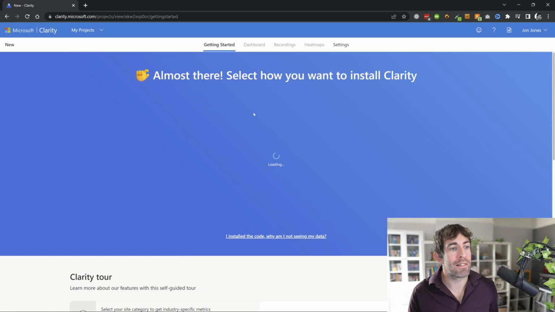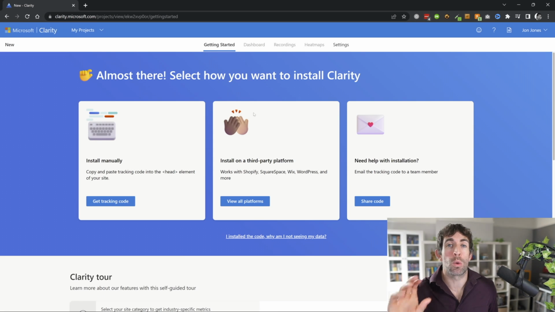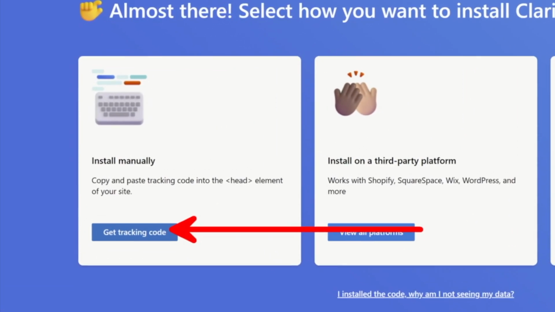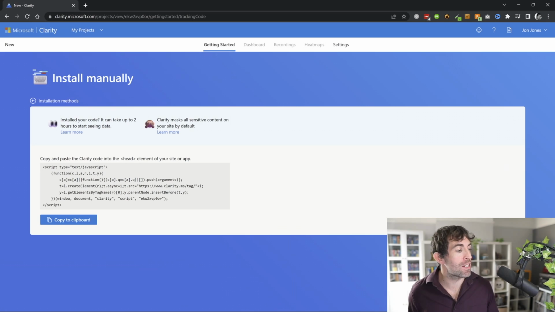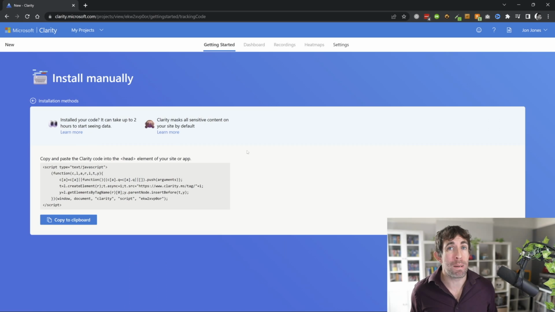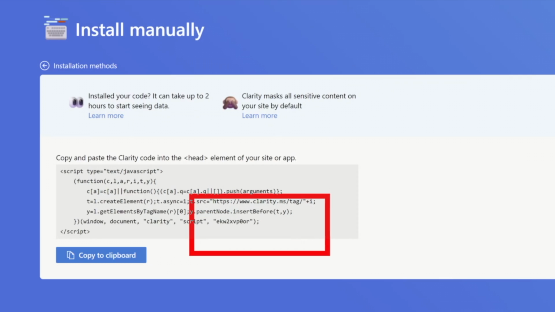After creating your Clarity project, you're going to need to install the Clarity snippet into your website. To get started, click on the Get Tracking Code button. This is going to give you access to the tracking code that you need to install inside of your application. Now, this is vanilla JavaScript, and because we're using Next.js, the most important thing to jot down is your project identifier. You can find this at the bottom right of the snippet. It's going to come after the Clarity snippet, and what you want to do is make a note of this